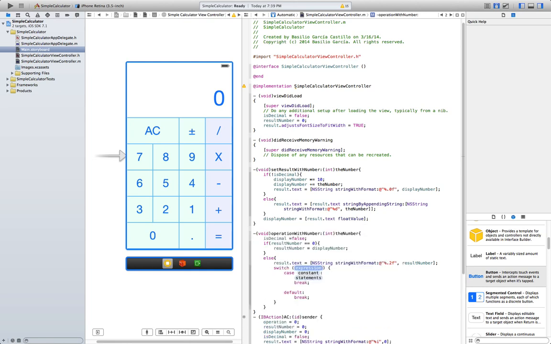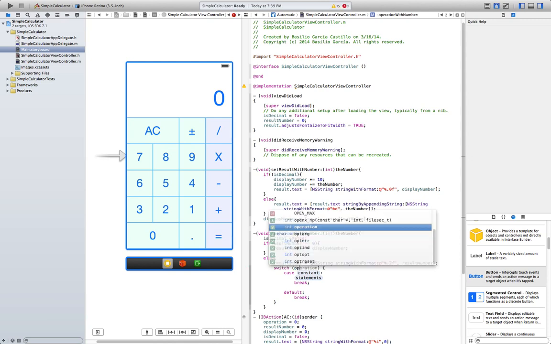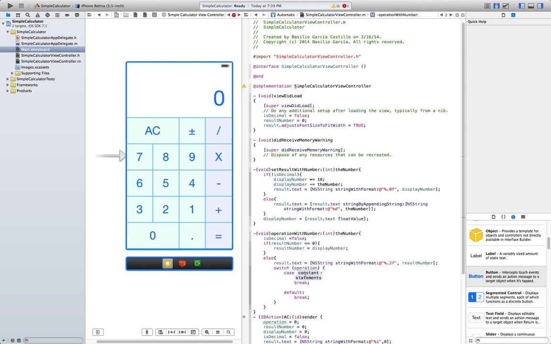So switch operation, case 1, result number plus equals display number. This is in case we press plus.